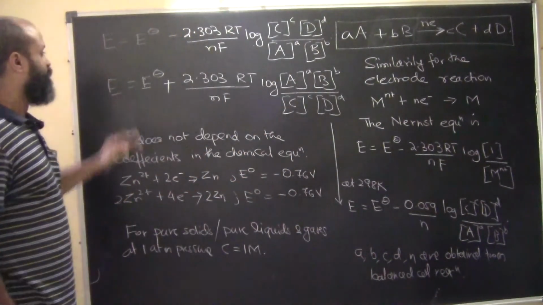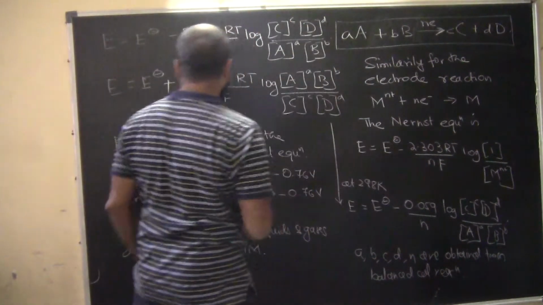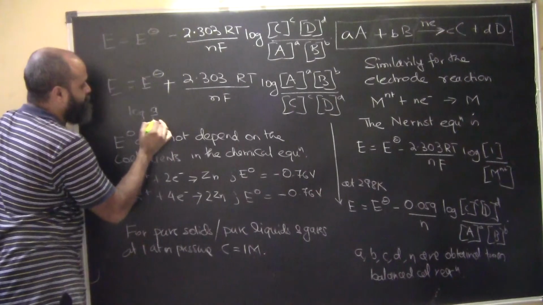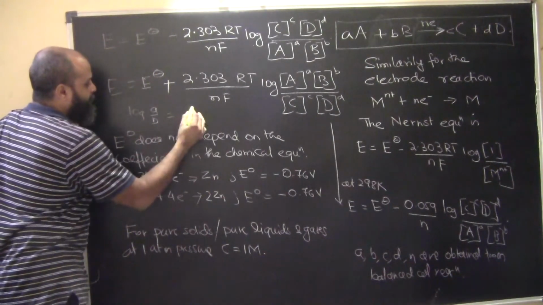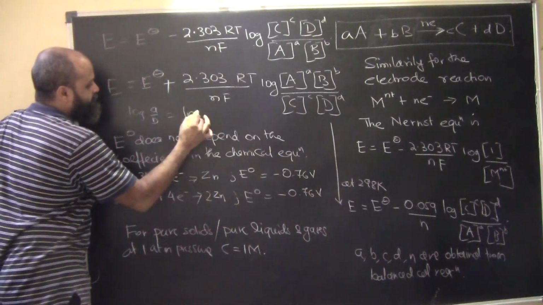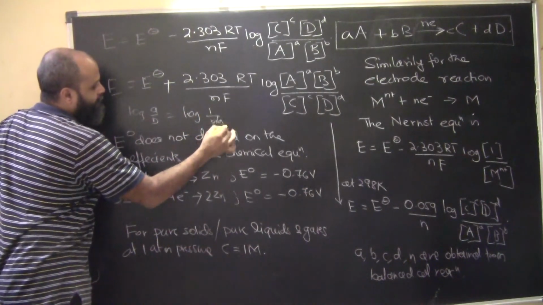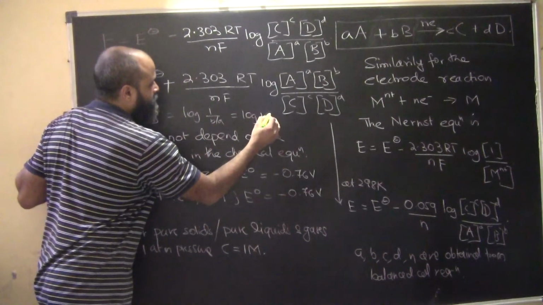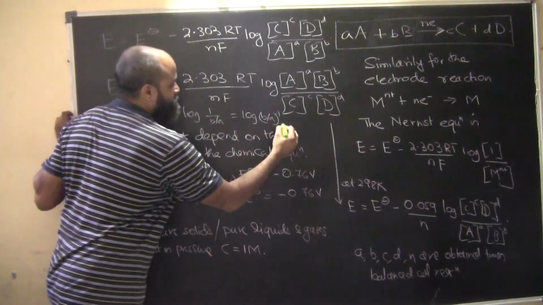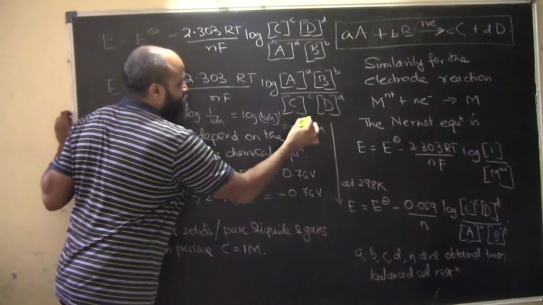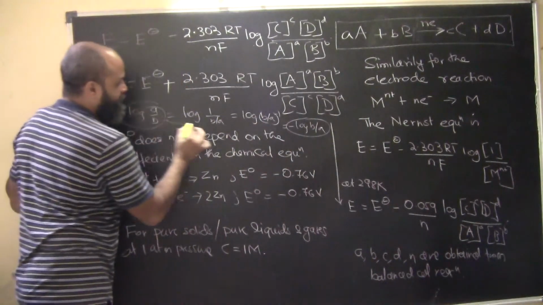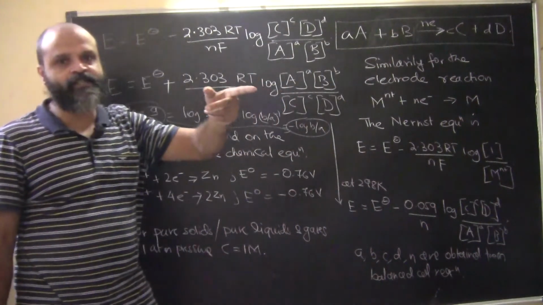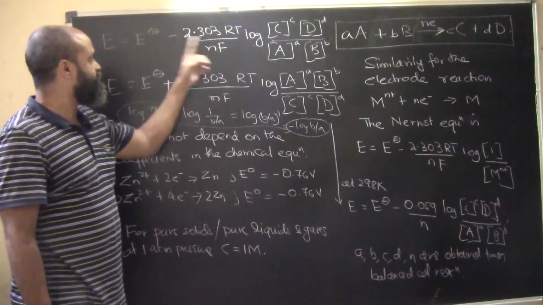Now, let's say if we reverse it, we know that log A by B can be expressed as log 1 by B by A. Can we express this in this form? Because anyways A will come here. So this can be expressed as log B by A to the power of minus 1, which means minus log B by A. So log A by B can be expressed as minus log B by A. When the denominator changes to numerator and the numerator changes to denominator, the sign of the log will change.